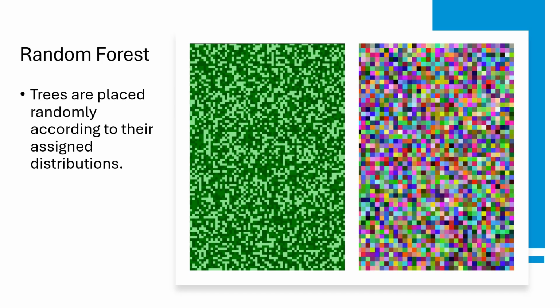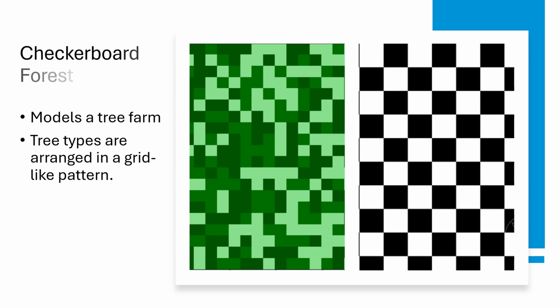We experimented with three conditions. First, we generate a randomized grid where the trees are randomly assigned one of three states: susceptible, infected, or immune. This grid represents a forest where trees are scattered randomly and their health status is determined by specific percentages we predefined. Second, we have the checkerboard grid. Instead of assigning tree status randomly, this method organizes the trees into square blocks where each block contains only one type of tree, and this grid is more structured and represents a forest where different regions or patches have distinct